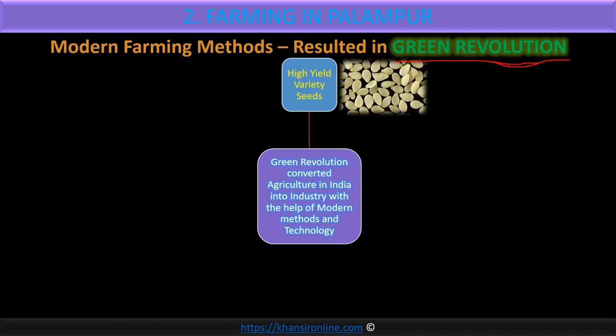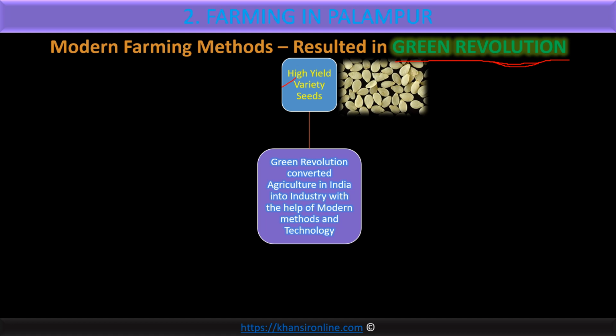So let us see. First, the most important thing needed in the modern farming method is HYV seeds, that is, high yielding variety seeds. You can see here, what is seed? You know what is seed. Suppose you want to grow a crop of wheat, you'll simply sow the grains of wheat. If you want to grow rice, simply the grain of rice. If you want to plant a mango tree, simply aam ki gutli, the mango kernel, you'll sow in the land and the plant sapling would come out.